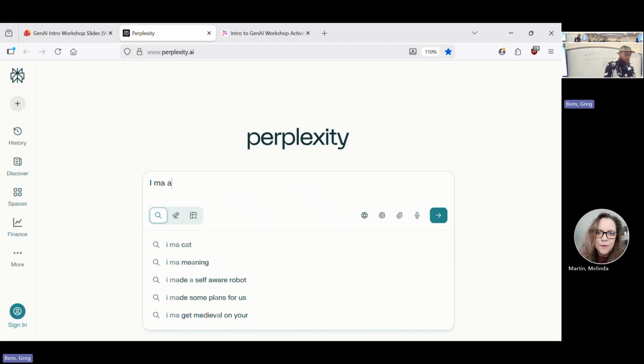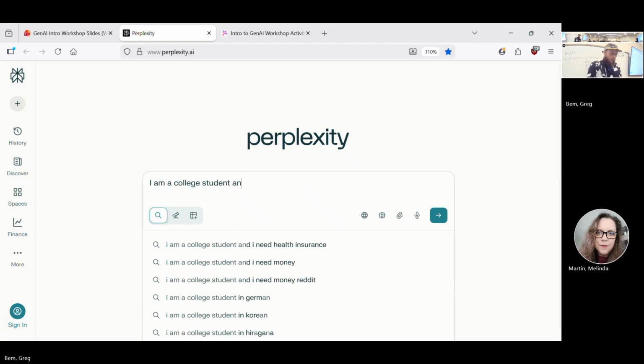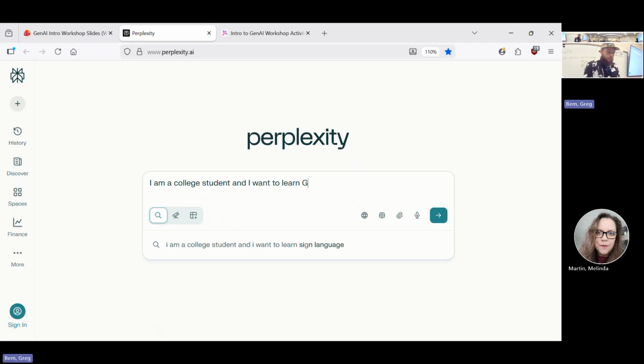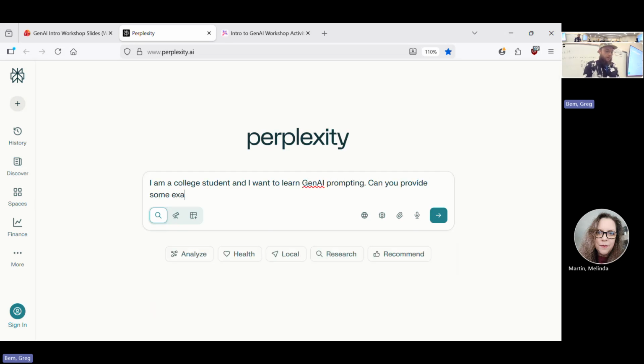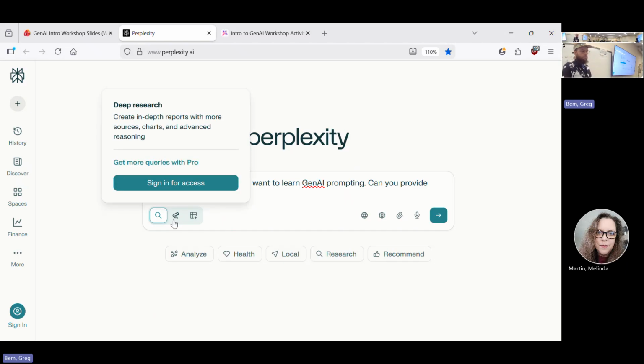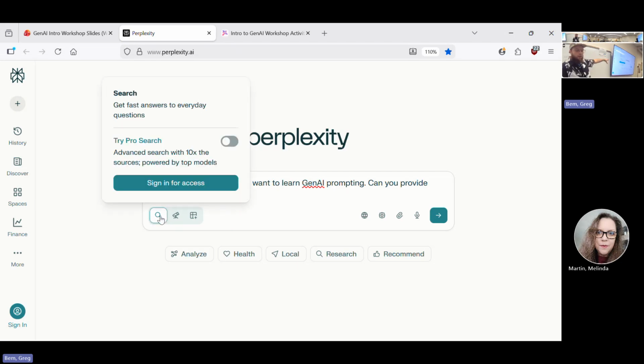So I'm going to say, "I am a college student and I want to learn GenAI prompting. Can you provide some examples?" Yes, if you have an EDU email, which you do if you're an SEC student or employee, you can sign up for the Pro account for free using your EDU email. I'm not logged in right now, so it's just going to do the basic thing. But one thing to note also, if you do use Perplexity, the basic search will just search the web and then provide the GenAI explanation.